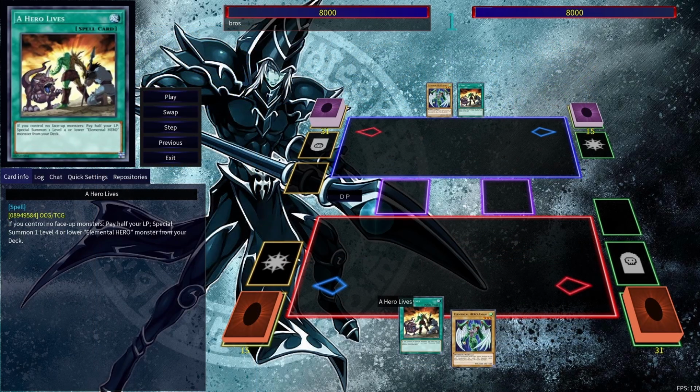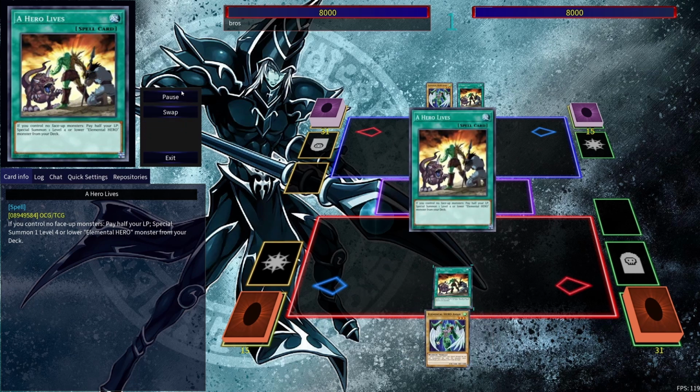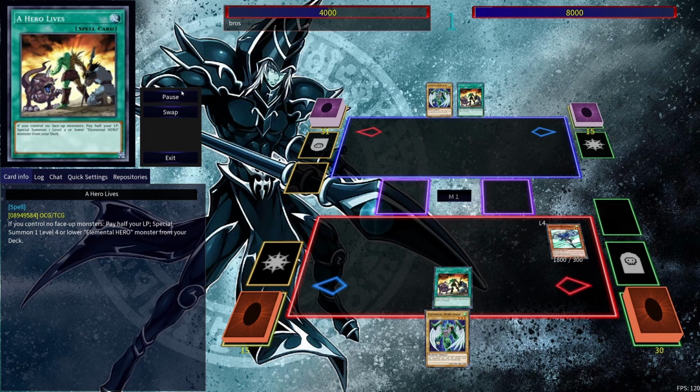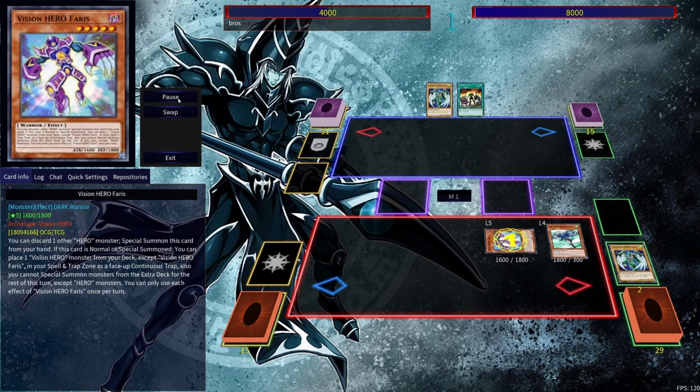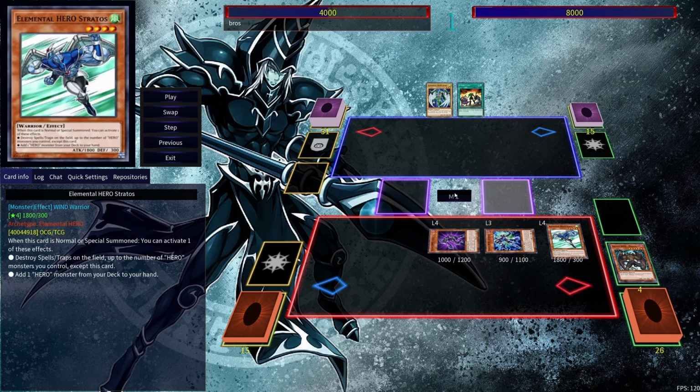So let's get started here with a 2-card combo. So this is going to be using a Hero Lives and any card to discard. So we're going to activate a Hero Lives, get ourselves a Stratos, activate Stratos' effect, get ourselves our Faris, use Faris' effect here in order to discard the Vyon, doesn't matter what it is. Get ourselves the Increase, get it out, activate Increase's effect, get ourselves the Vyon, activate Vyon's effect, get ourselves the